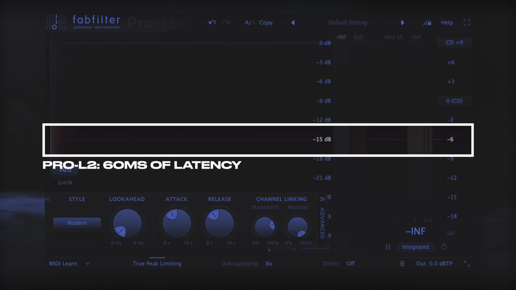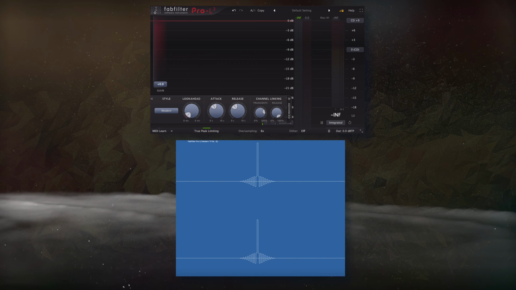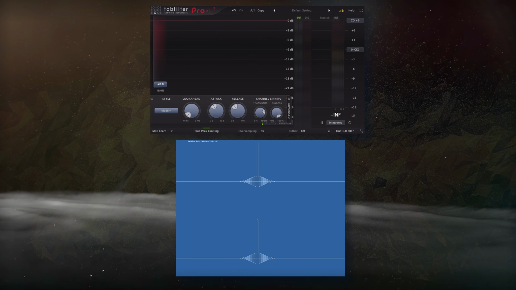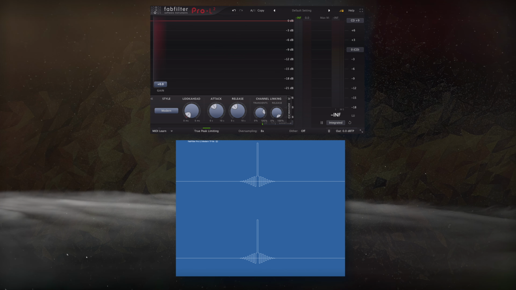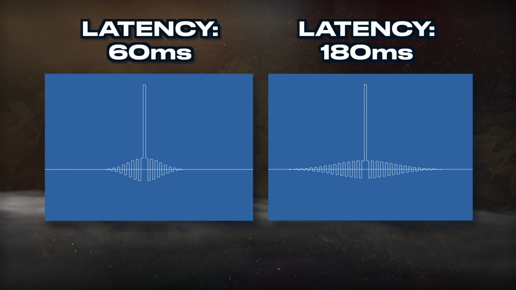Moving on to the FabFilter Pro-L2, set to its modern algorithm with true peak limiting enabled and 8x oversampling, we'll notice that again we observe pre-ringing distortion. This is due to the plugin's roughly 60 milliseconds of latency in combination with a high-pass filter introduced by oversampling. Now, what's interesting here is that we'll notice how the latency of a plugin actually corresponds to the severity of